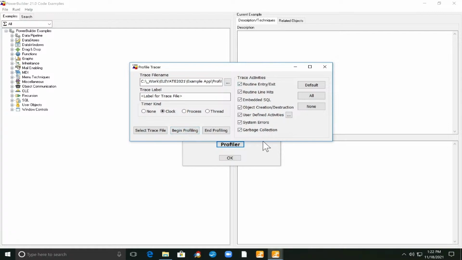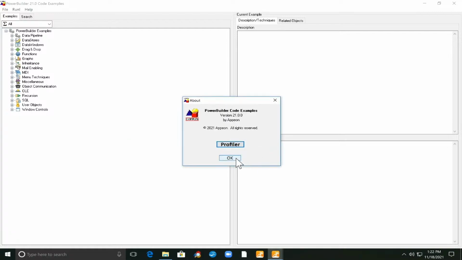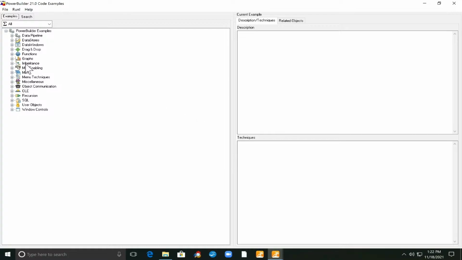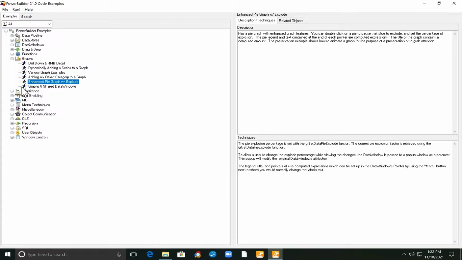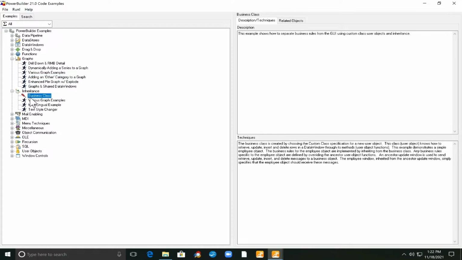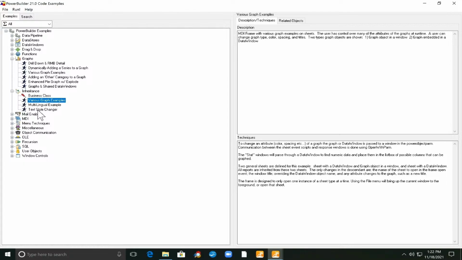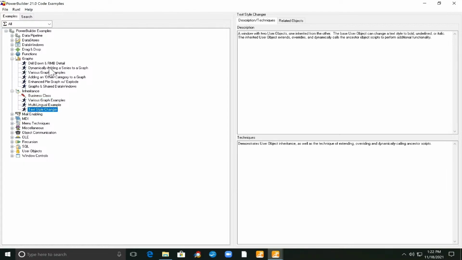And now I'll go ahead and come back to the application, click OK, close the About window, and I'll just interact a bit with the tree view here and cause it to refresh, just so I can capture some little bit of activity for example's sake.